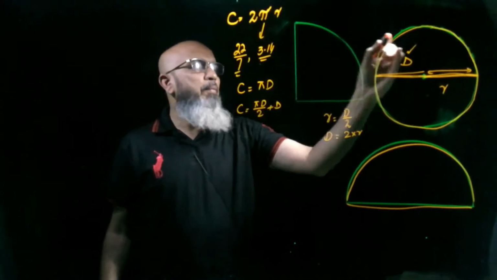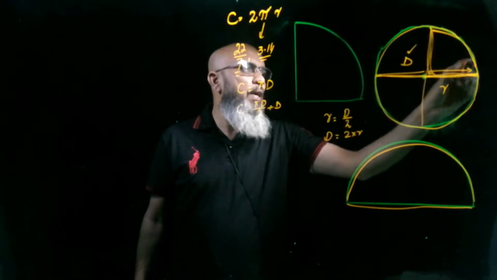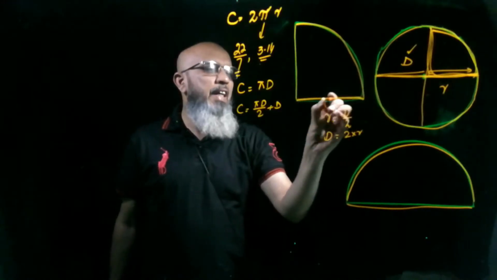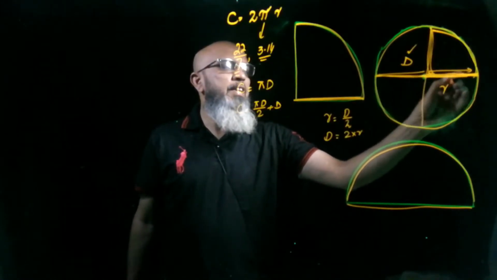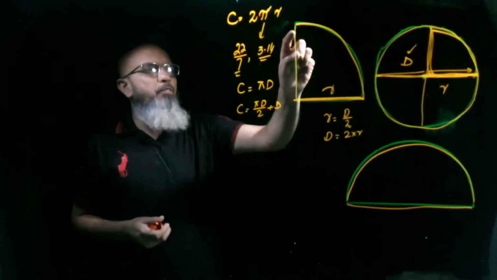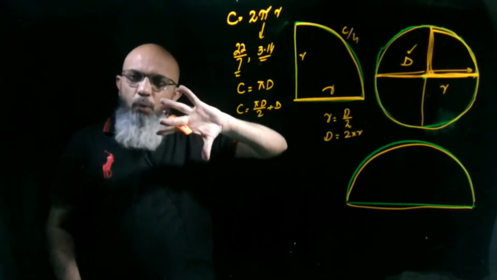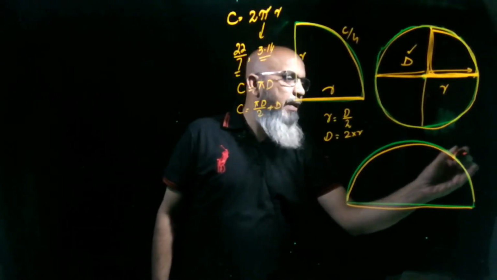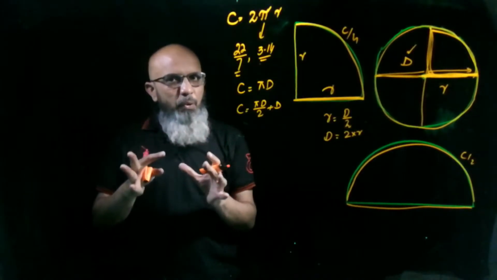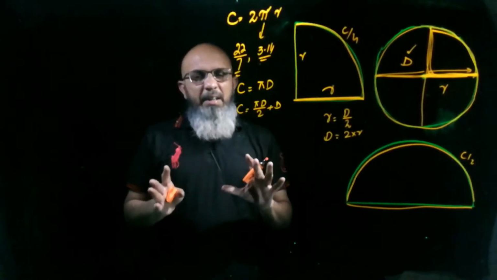Similarly, that is a quarter part. If I divide a circle into 4 equal parts, this part is called a quarter part of a circle. That is a quadrant, right? So what is this, a radius or a diameter? That is a radius. And this is also a radius, right? And you have to find the circumference, that is the circumference over 4, the fourth part of a circle, which is half of the semicircle's circumference. Okay, so now I hope you understand how you use these different values to find the circumference and the perimeter.